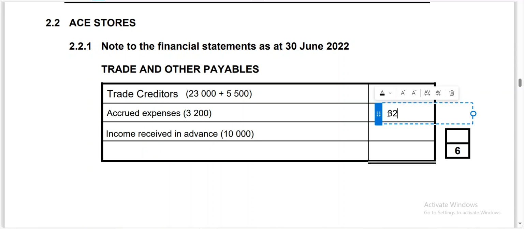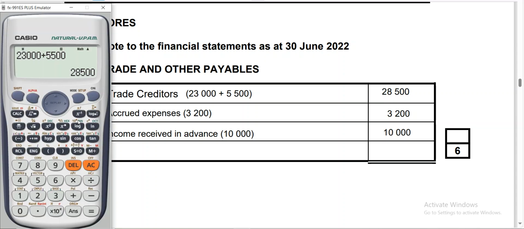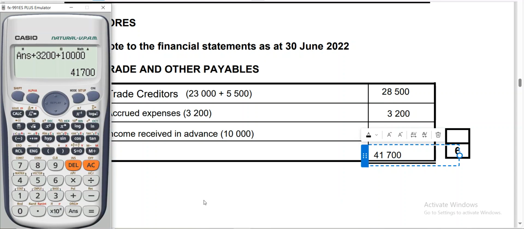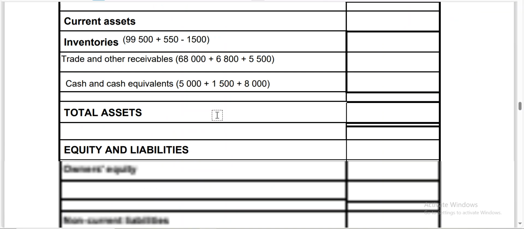So here we're going to have 3,200, and then also here we're going to have 10,000. So it means that when we do the totals, we'd have to add these three. So 28,500 plus 3,200 and then plus 10,000 is giving us 41,700. So that 41,700 will come here. So we are done with this note and we have our full 6 marks. So we're going to say 28,500 plus 3,200 and then also plus 10,000, and then it is giving us 41,700. We have to take it to our balance sheet under